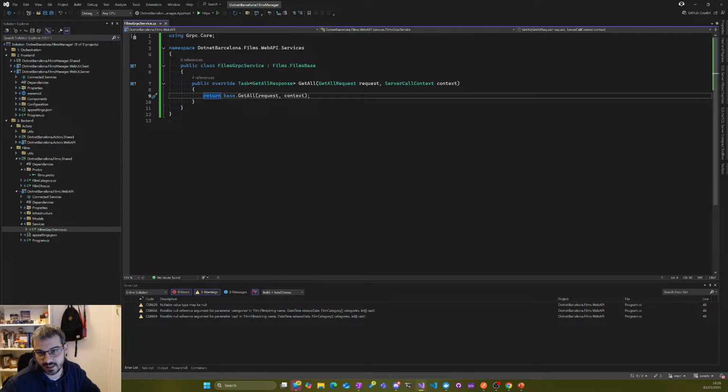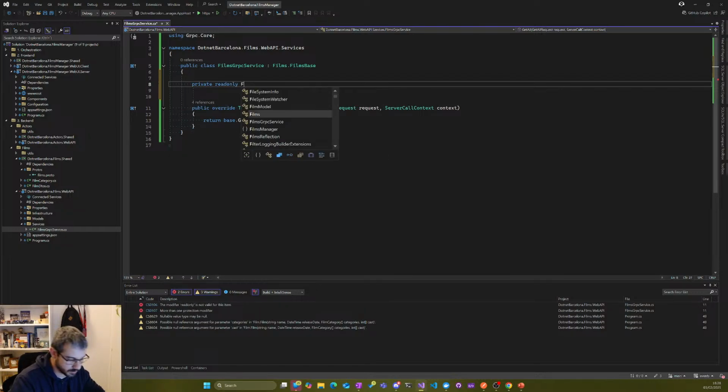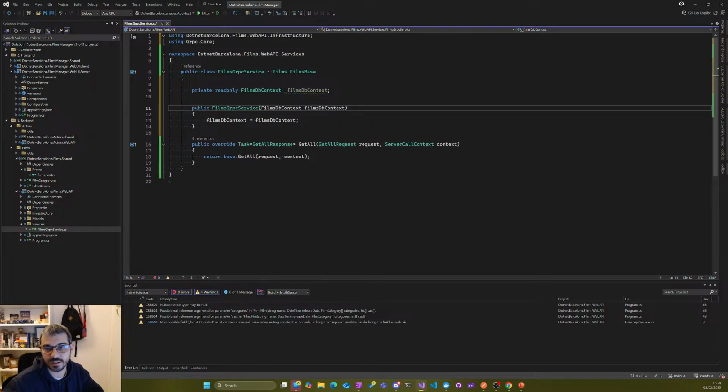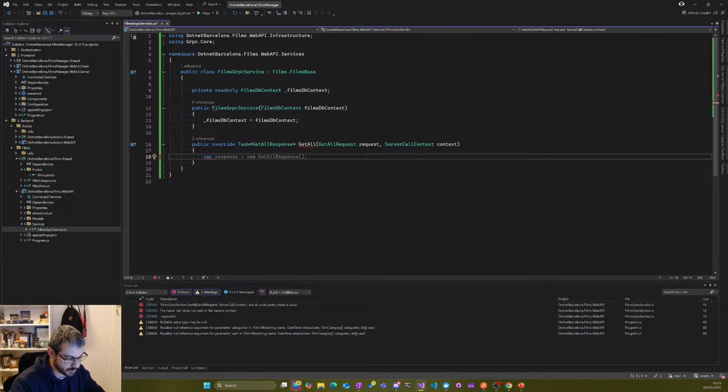Okay, so we can define exactly that specific method, and of course what do we need here? We need our DB context. We are in the film service, so we need the DB context here. I'd like to have the underscore here. Let's try to generate the constructor. So now we have everything here. We can start defining what we need. So we need the films. We go here to the DB context, to films dot,